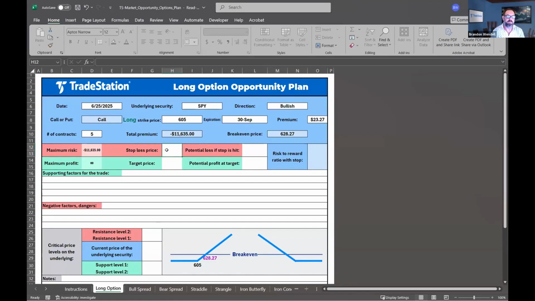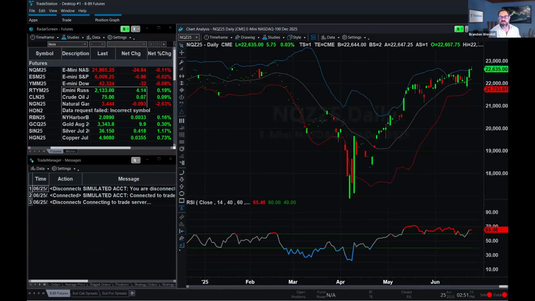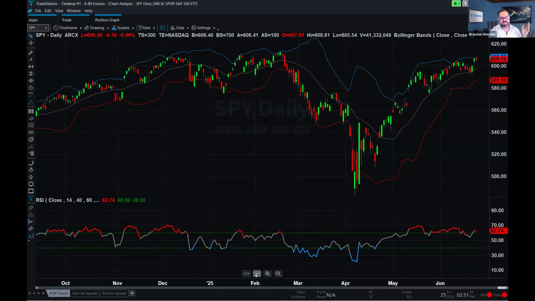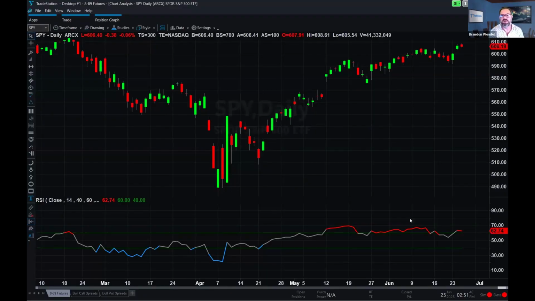Where am I putting in my stop loss on the underlying security if it breaks a support level? What kind of loss would I have if that stop is hit? Now, in order to figure that out, I have to do a couple things. First, let's say I go to my chart, SPY, and again, I'm bullish. This is just hypothetical because I'm not doing any analysis at all. So I wanted to cancel. Trying to delete that. There we go.